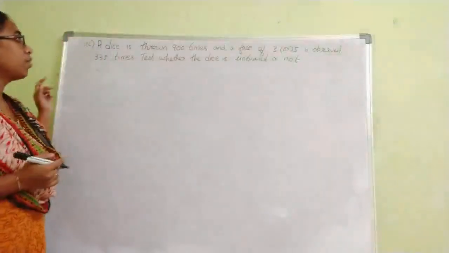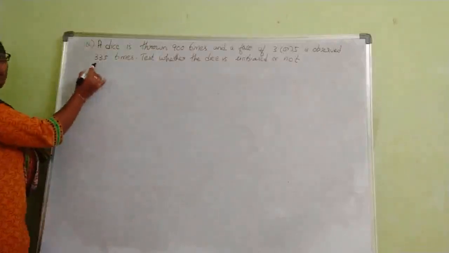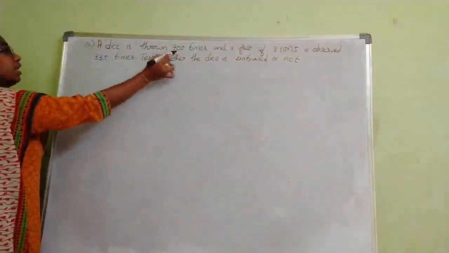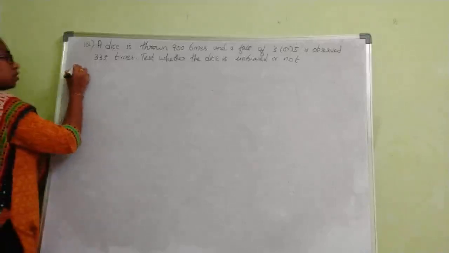So here if you observe, you are finding the proportion, that is X number of successes in a total of n number of trials. That's why we use the single proportion test. Only one sample's values are given, that's why we use the single proportion test of significance. Now coming to the solution.